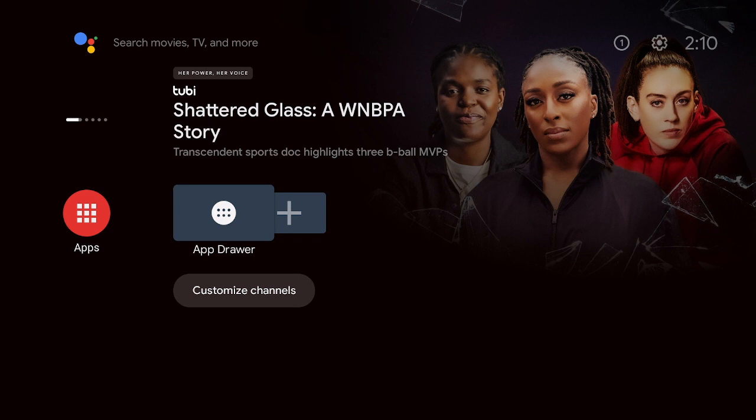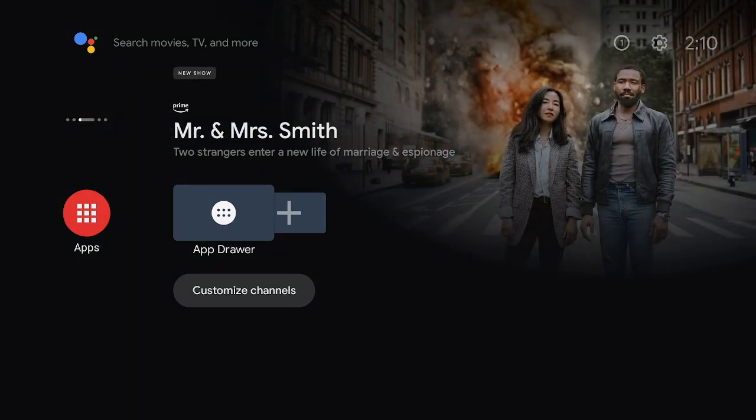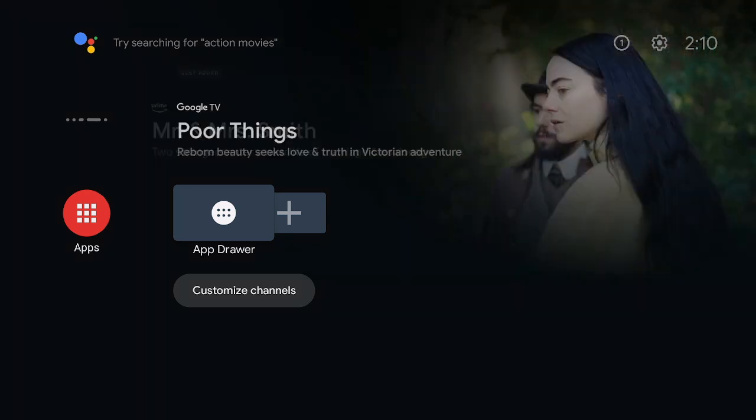So if I just go through the process of setting up your Google account, then you can start downloading the apps you actually want to use from Google Play, or if you know how to side load things. I'm not really going to go into the whole process of side loading things, but in theory, you could